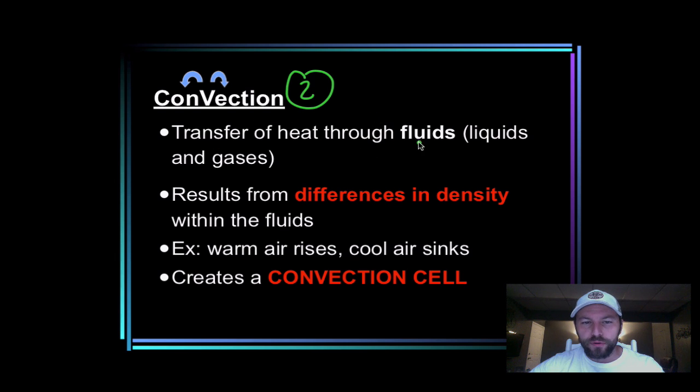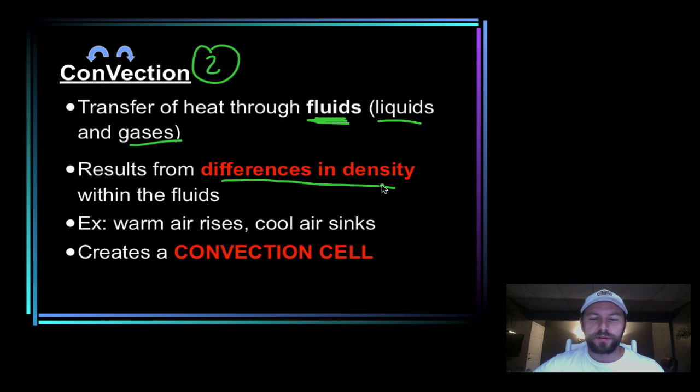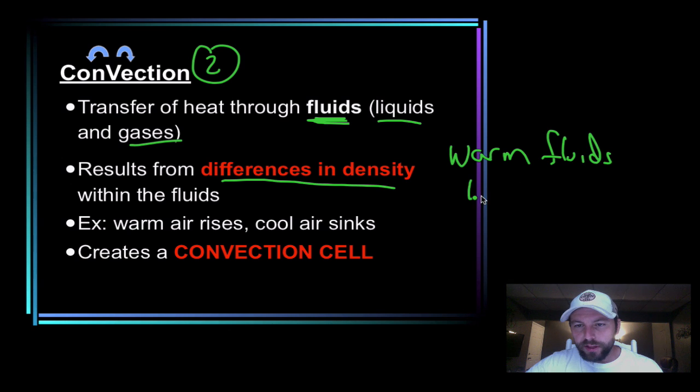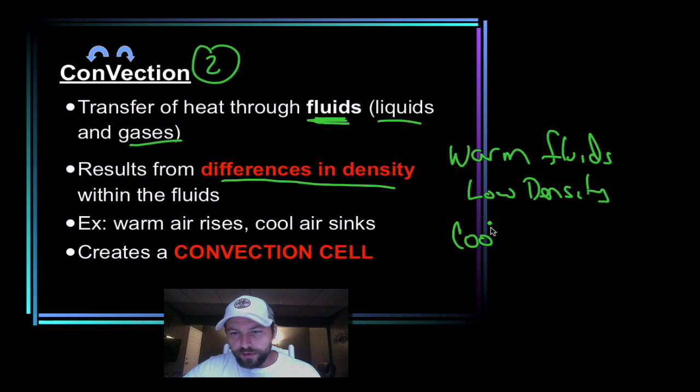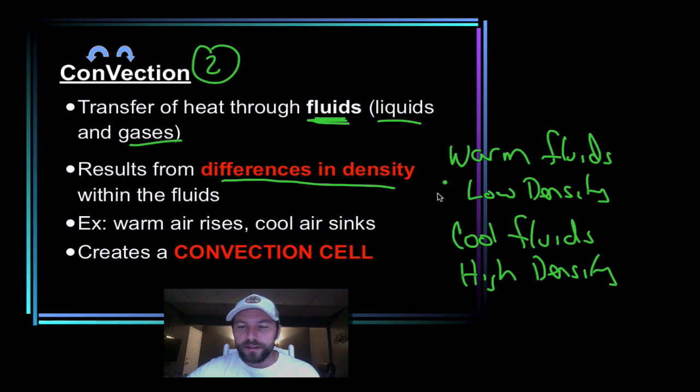Convection is the transfer of heat through fluids, liquids, and gases. Both act as fluids. Okay, so water is a fluid. Air also acts as a fluid. It results from differences in densities within those fluids. So what happens is warm fluids have a low density. Cool fluids have a high density. Okay, so the differences in the temperatures of these cause differences in density and result in